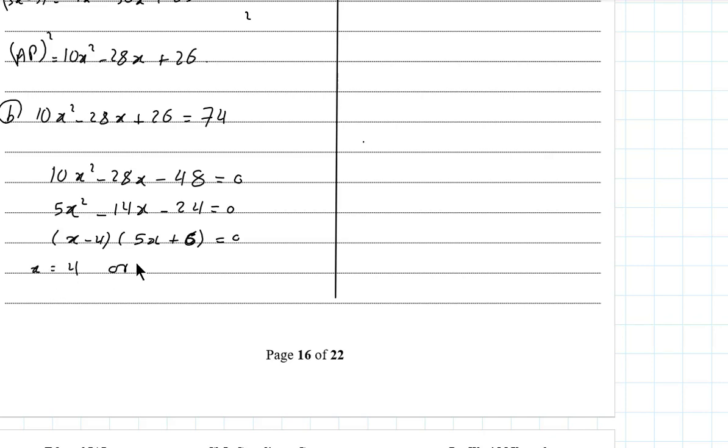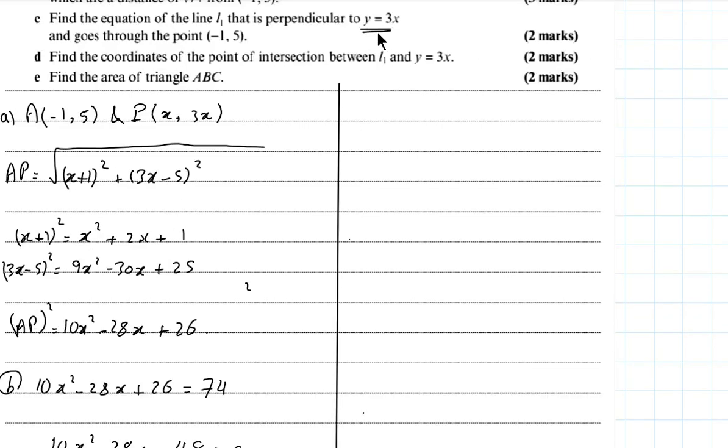So x can be 4 or x can be minus 6 over 5. And as y equals 3x, in this case y will be 12, and in this case y will be minus 18 over 5. So the required points can be (4, 12), or (negative 6 over 5, negative 18 over 5). C. Find the equation of the line L1 that is perpendicular to y equals 3x, and goes